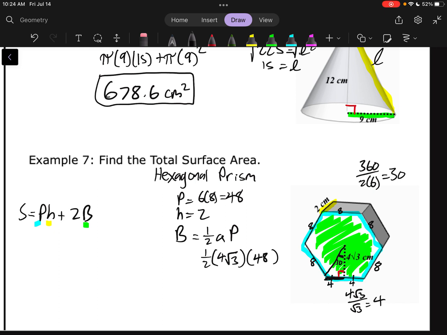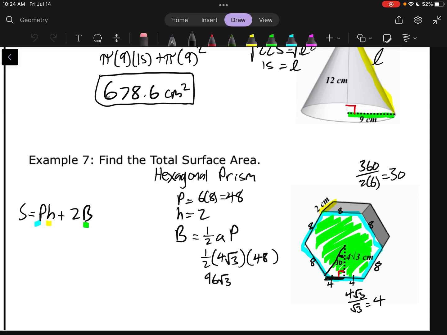I'm just going to multiply everything other than the √3 here. 1/2 times 4√3, or just times 4, times 48 is 96. So the area of the base is 96√3. Okay, now I will plug everything into our surface area formula, and I should be able to find my